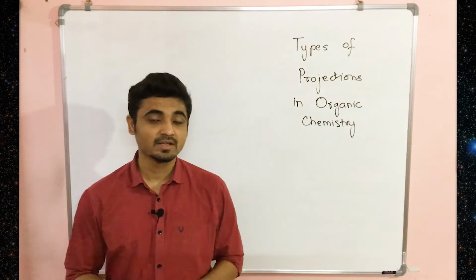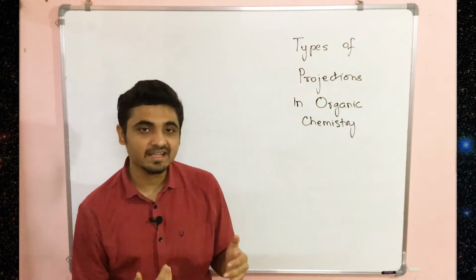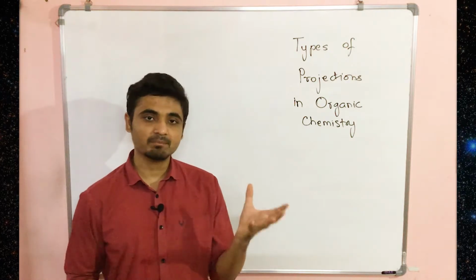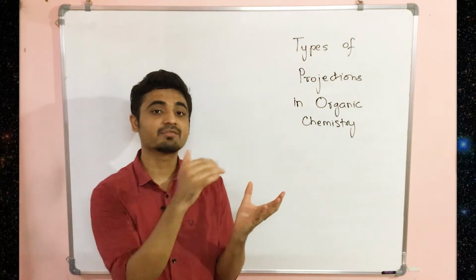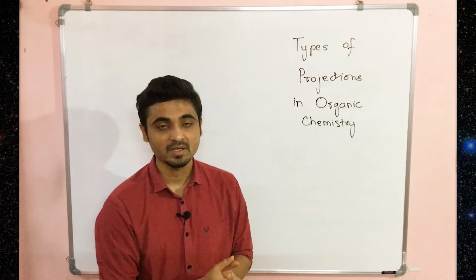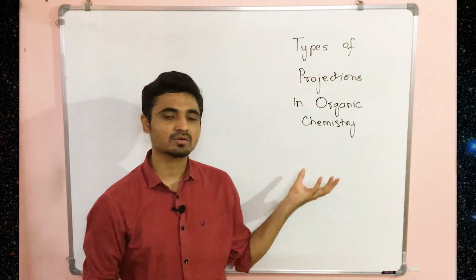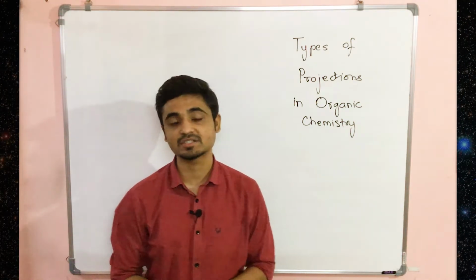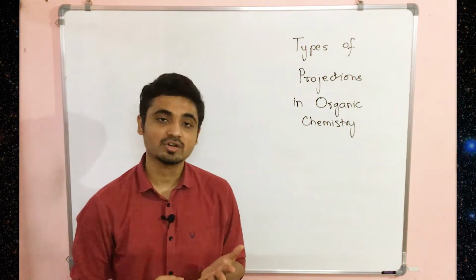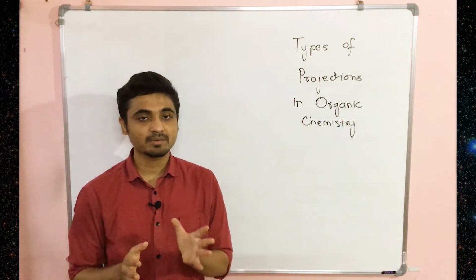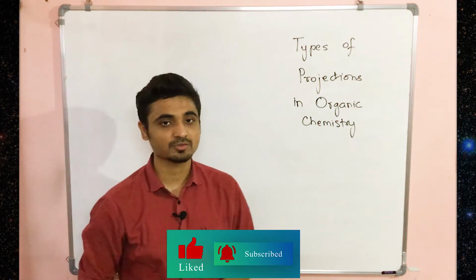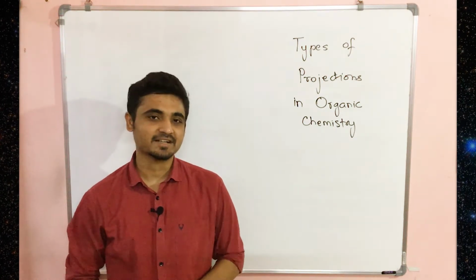So as you just saw, a sculpture when viewed from different angles appeared differently. Similarly, in organic chemistry, we take a compound and look at it from different angles, right? And hence we give different names to each of the projections. So today we are going to discuss the major projections and representations which we use in stereochemistry, like wedge dash, Fischer, Newman and Sawhorse projection. They are all nothing but looking at a compound from different angles, and I will try to demonstrate them also. Okay, so without any delay, let's get started.